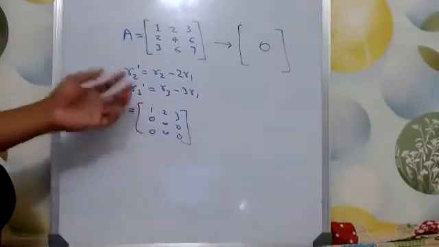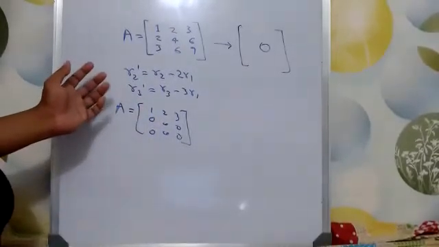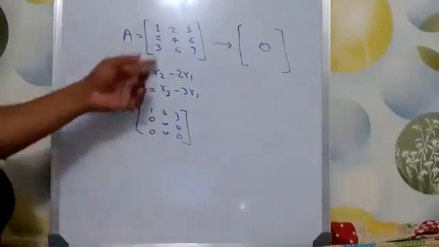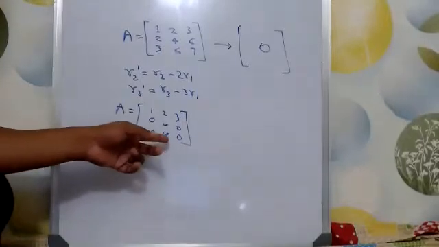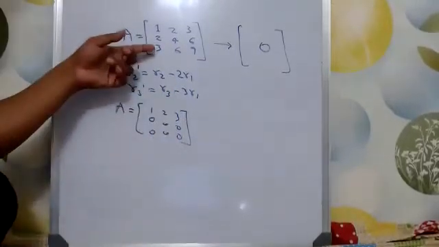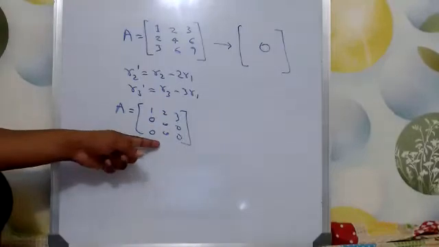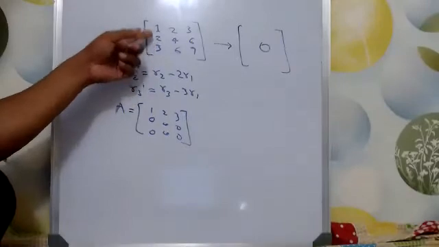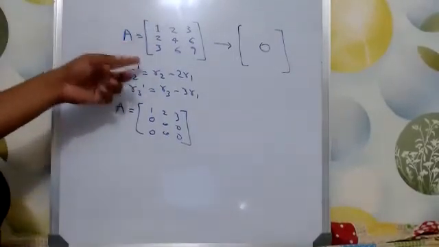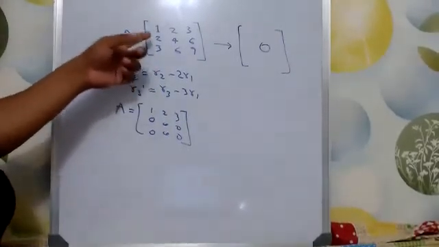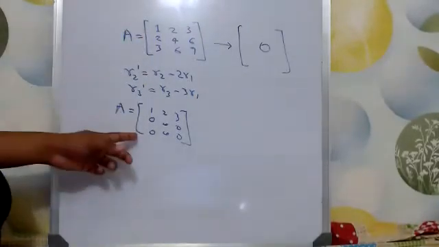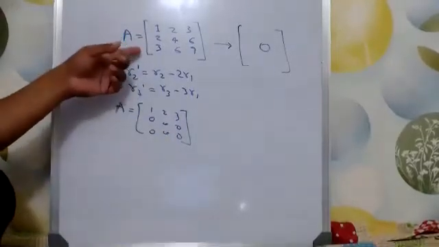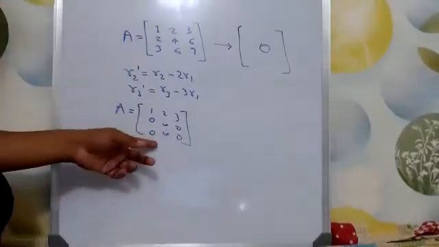So if you use Gaussian elimination, taking the pivot and everything, then what will happen ultimately? If there is a dependency, then one of the rows will become 0, right? If there is no dependency, then we can never reach this situation, right? We reached this situation because R2 and R3 were dependent on R1. I chose the matrix in such a way that R2 and R3 are dependent on R1. That's why I got a matrix with 2 rows as 0. But if this was a full rank matrix, then I would have never got it, right?